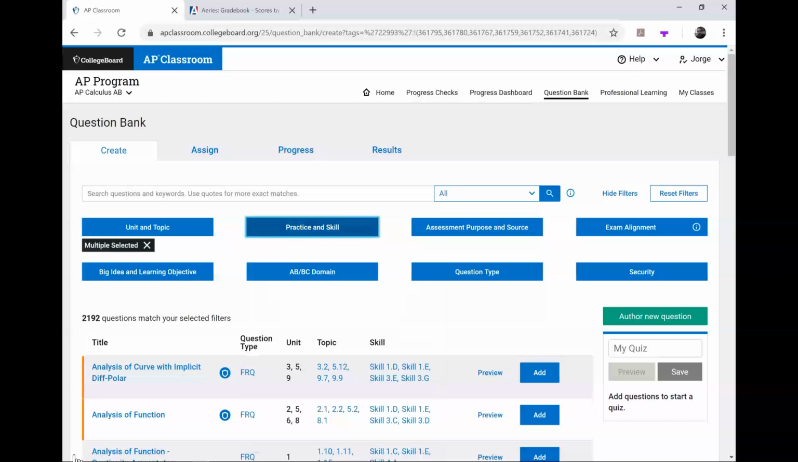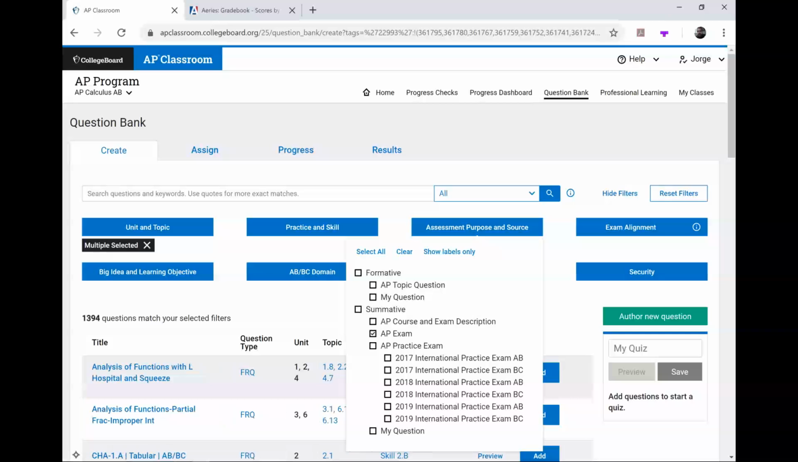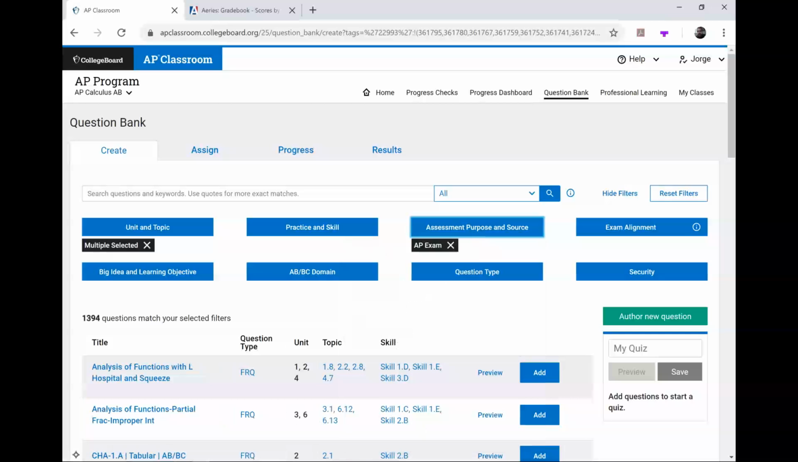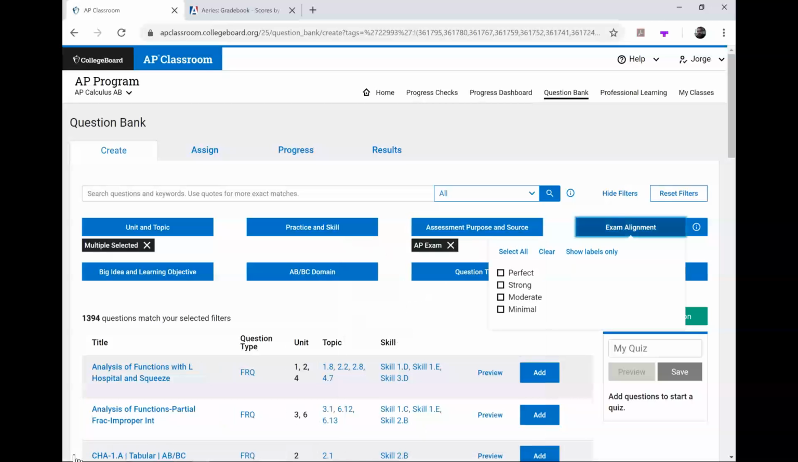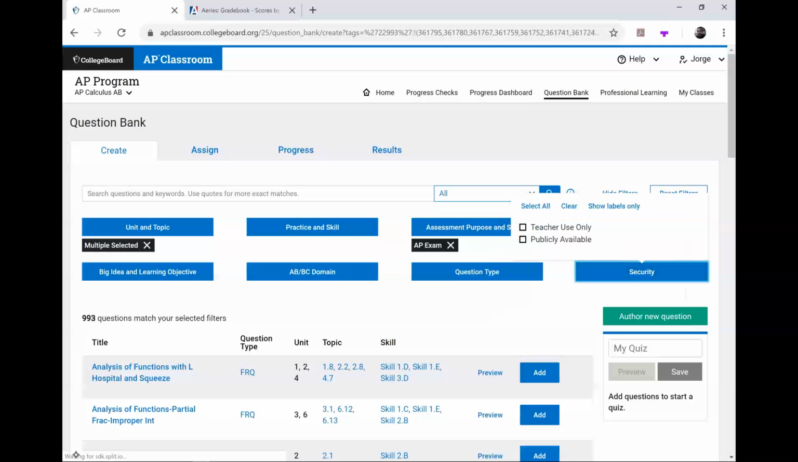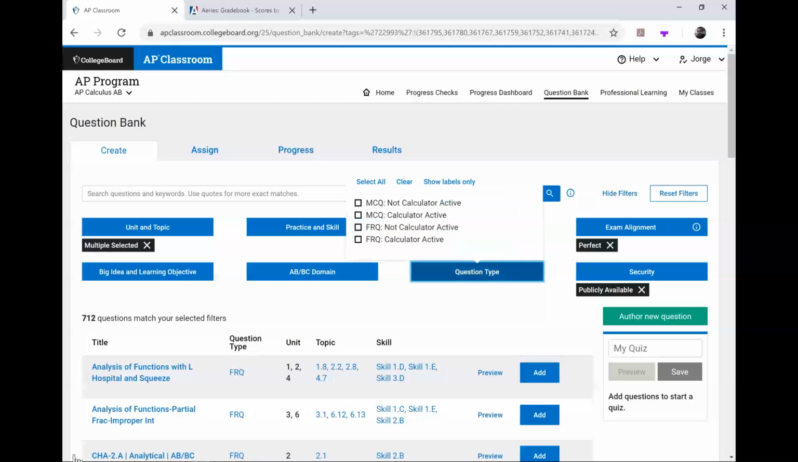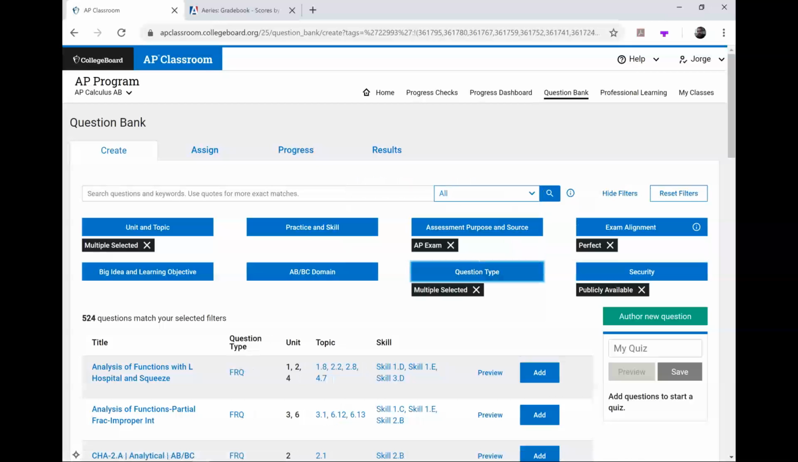Don't worry about the practice and skill, but assessment, purpose, and source. We want it to be AP exam, so you click on AP exam. Notice now there's only 1,394. Exam alignment, we want it to be perfect to the test, just like the test would make it. So now we're at 993. Test security, we're going to go with publicly available. And then question types, only FRQs. We only want FRQs. So we're at